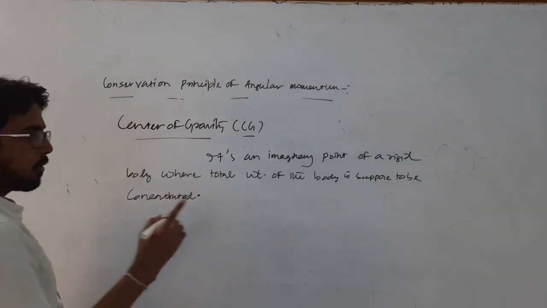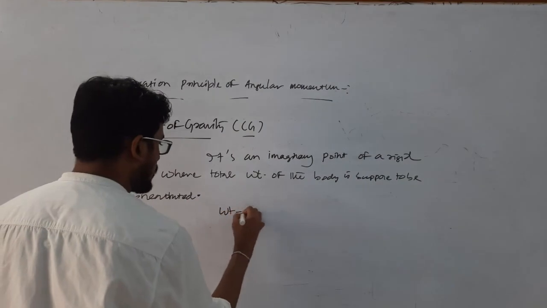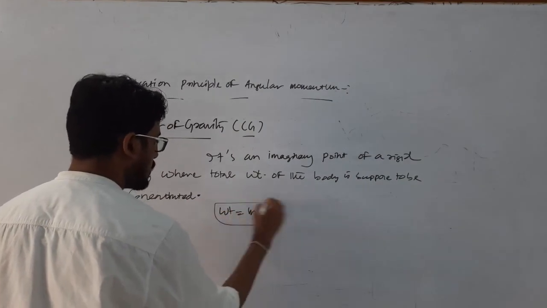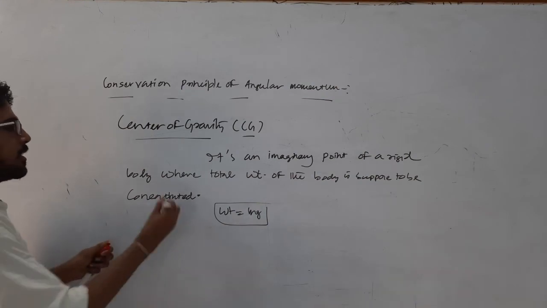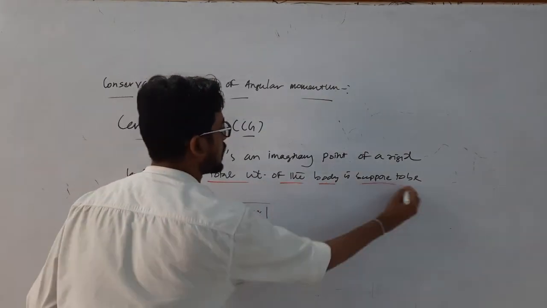Okay, what is weight? We already know weight equals how much? M into g. Clear? So it is an imaginary point of a rigid body where the total weight of the body is supposed to be concentrated,